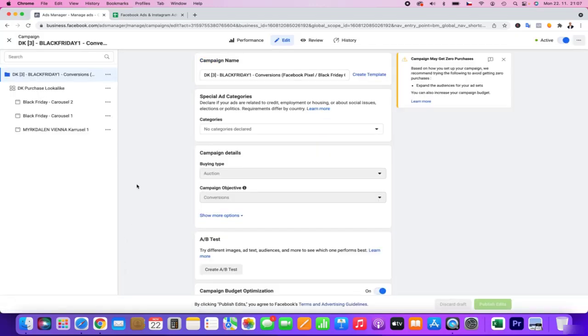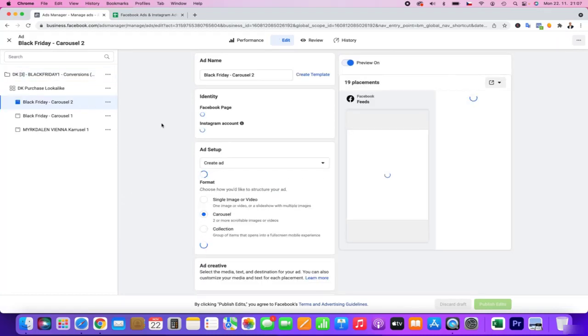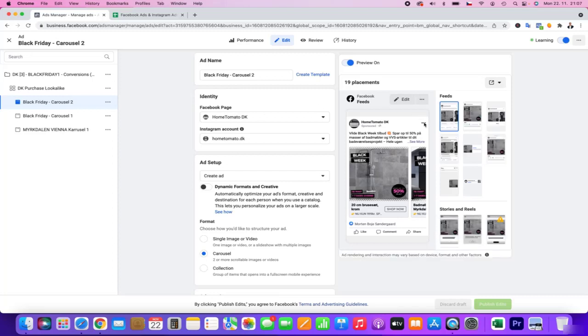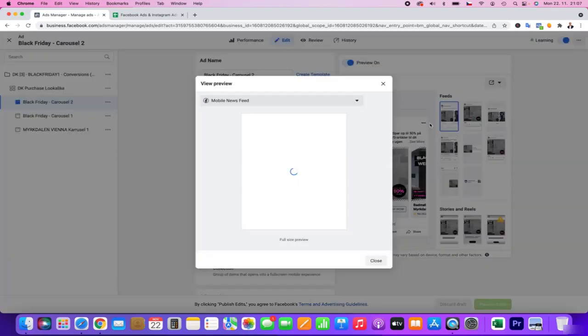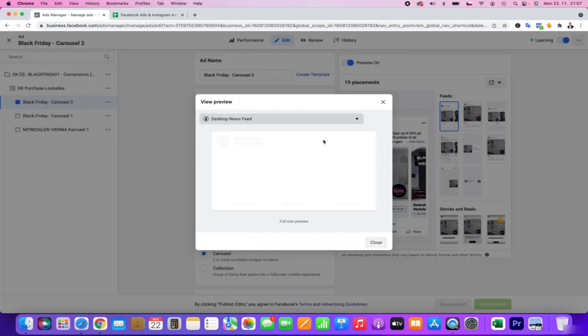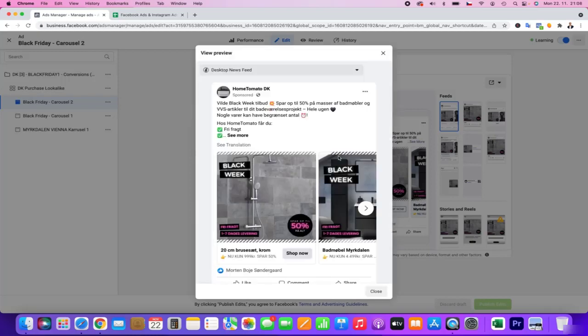I think it's a really good start that we have these carousels. I quite like it, and it's really nice. What I like about it is that people can see the concrete product. That I think is really extremely good.